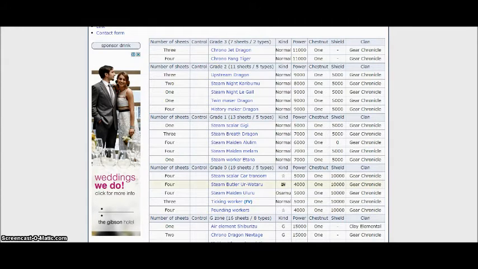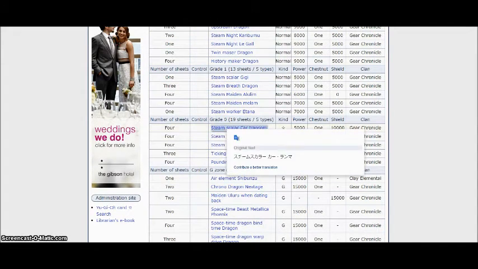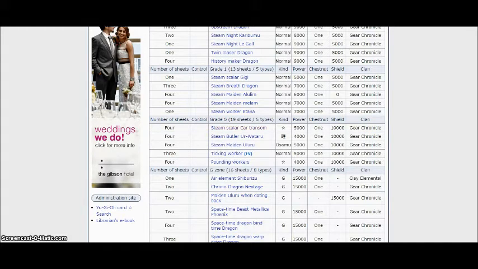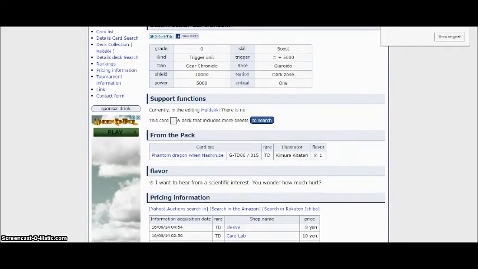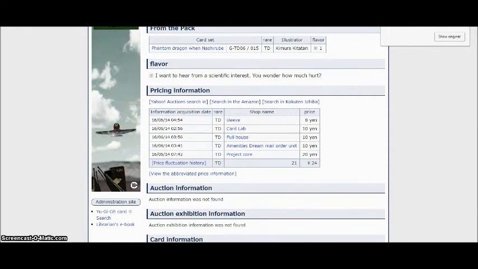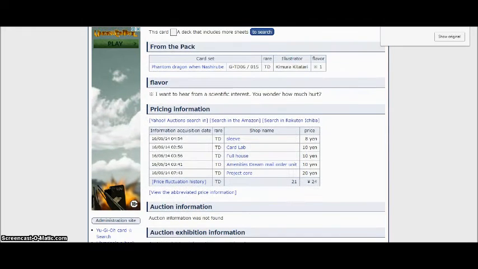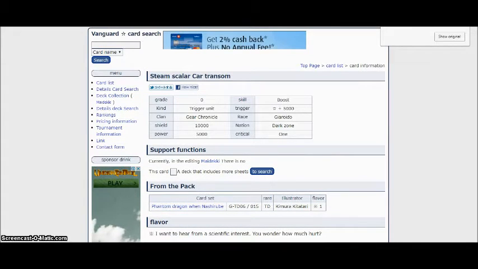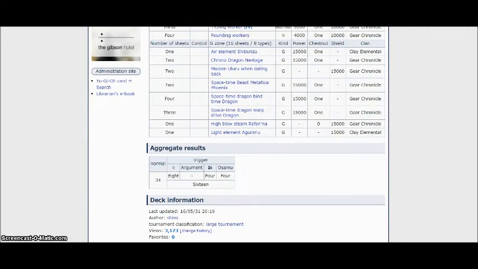And then for the triggers, it runs 4 Urwatar, 3 Uluru, 4 of Steam Scarlar Car Transom. What does that thing even do? Can I Google it? Let's see, G Trial Deck 6. I don't think it does anything else. It's from these other trial decks. Huh. Trigger units, 1000 trigger. Odd. And then for the G Zone, 1 Sea Breeze, 2 Next Stage, 2 G4 Uluru, 2 Phoenix, 4 Bind Time,